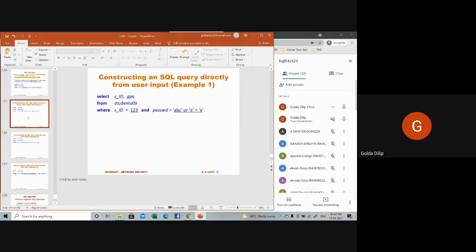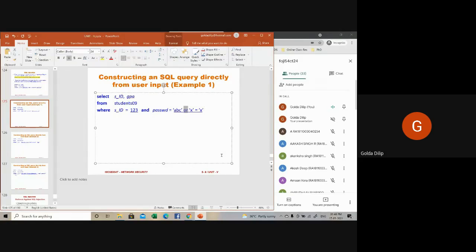Now this is a sample query built from the inputs supplied by the attacker. That is, select S underscore ID, comma GPA from student 09, where S underscore ID is equal to 123 and password is equal to this. The last part of this where clause will be true, so even if the first 2 predicates are false, you have an OR here.